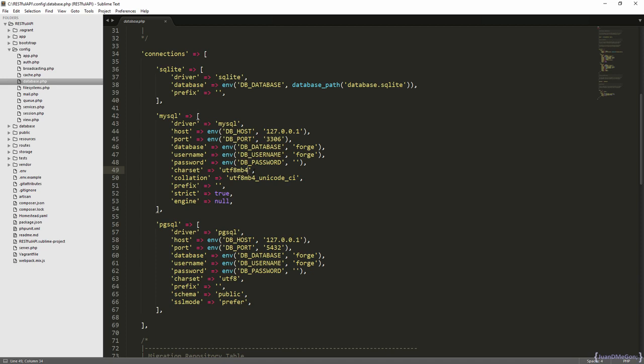Now, the MB4 addition means that the characters take 4 times the space as in the previous charset. It is because Laravel wants to provide emoticon support directly inside the database, and that is possible only using this specific charset. By default, Laravel uses